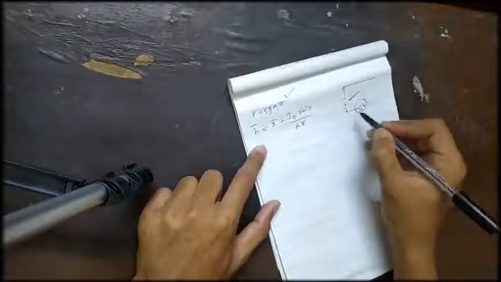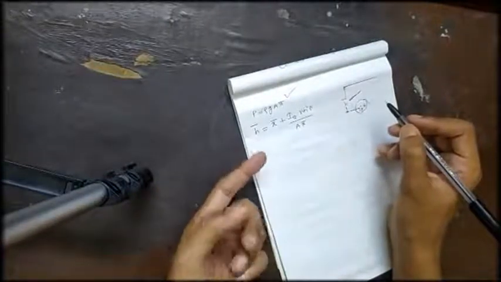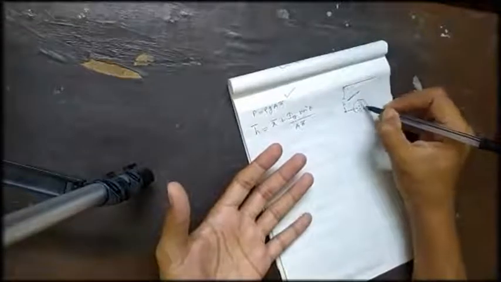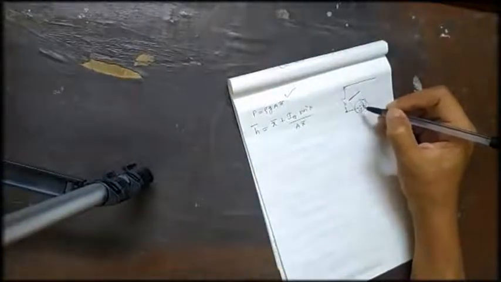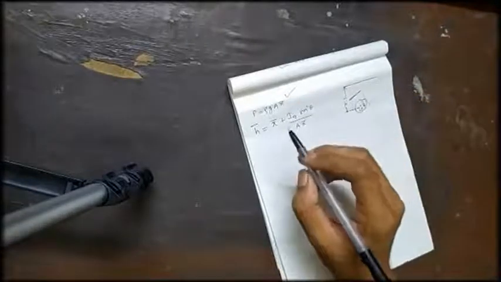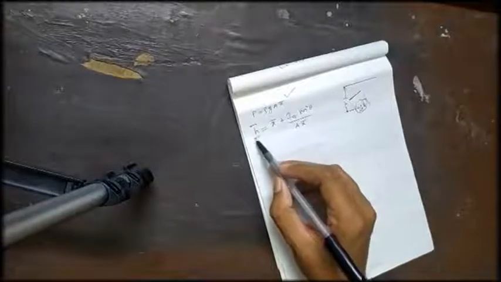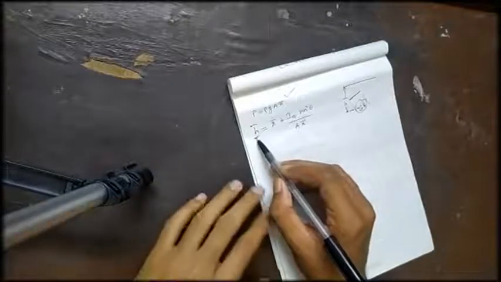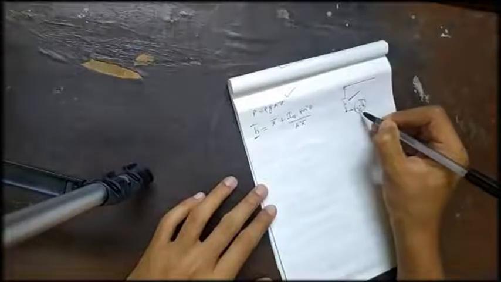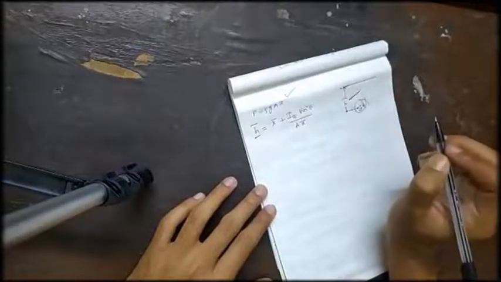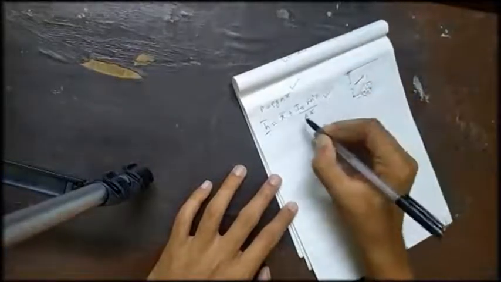Now after integrating all the strips across this complete plate, we can find the total pressure force and position of center of pressure. So this is nothing but the position of center of pressure, that is position of this CP point from the free surface of liquid. Now I will explain the three cases for this position of center of pressure.